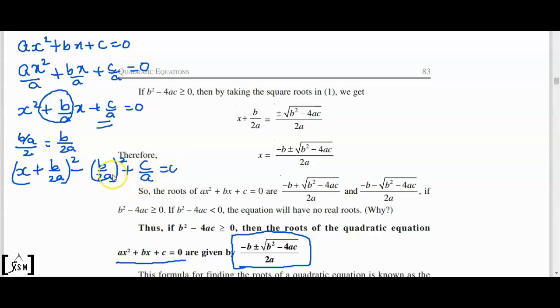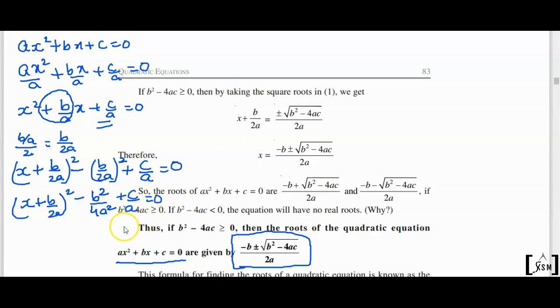So we'll solve that. Let's see. x plus b over 2a whole square, and this is negative b square over 4a square, right? b square over 4a square, and that is plus c over a